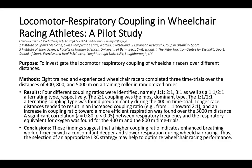The fourth study I want to look at here was the locomotor respiratory coupling in wheelchair racing. So meaning what rhythm do athletes breathe at when they're doing different distances. They looked at 400, 800, and 5,000 in a lab setting on a training roller. There again, we had 9 subjects in this trial, and they did these 3 different trials, and they were observed